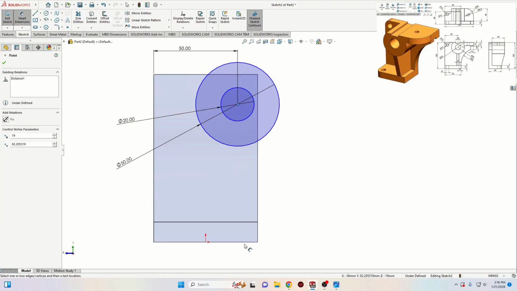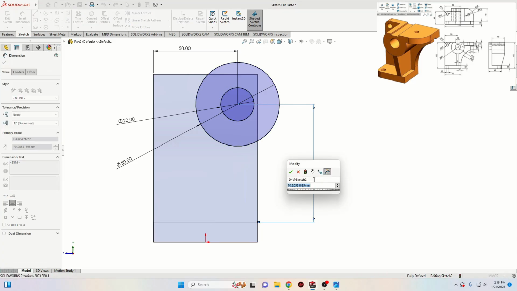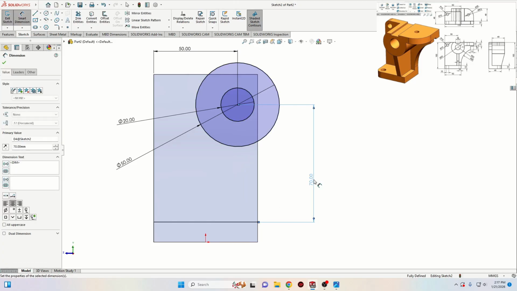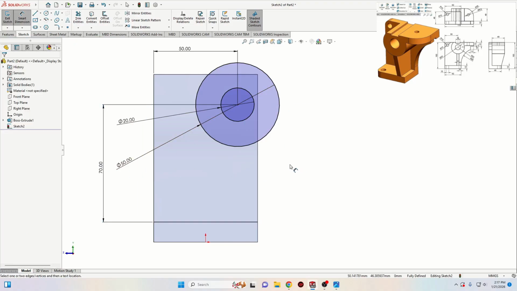For example, I'm gonna take 70 from this point to this edge here, and we're gonna make it 70. I found out that this one is working and it's looking almost exactly like it's looking on the drawing. In a real case, you must have all the dimensions or to be able to measure it so you can make the actual design after real dimensions. Okay, this is just an exercise, so